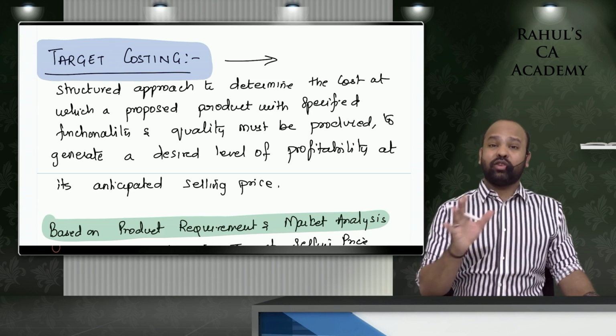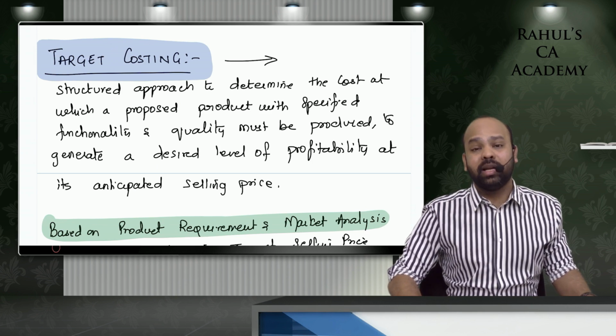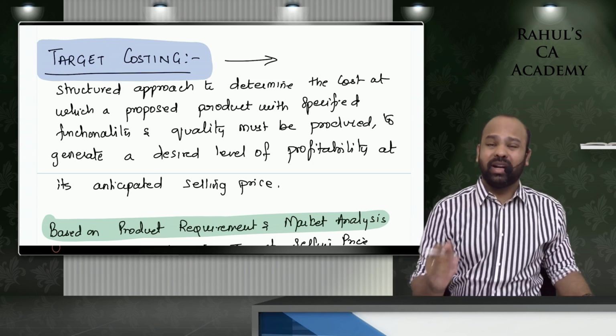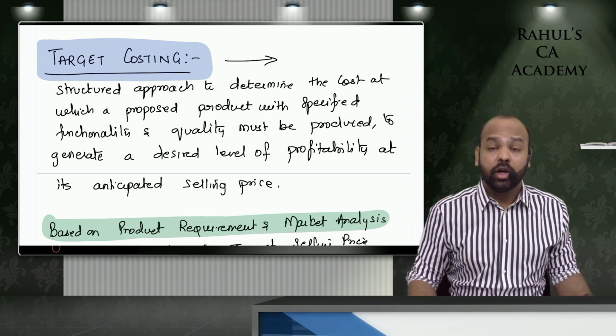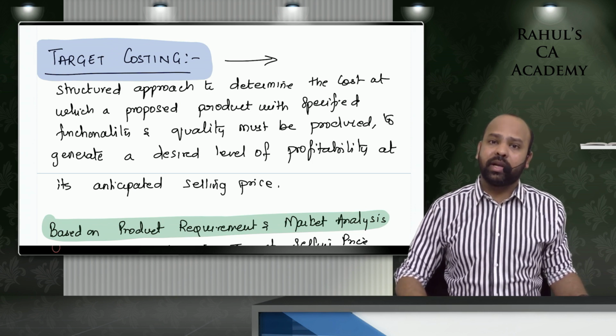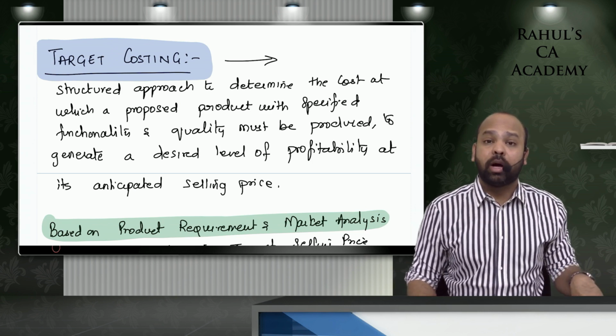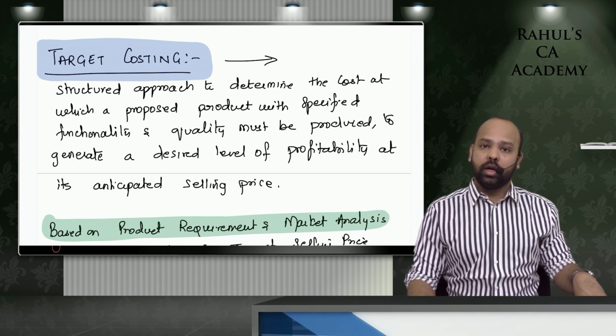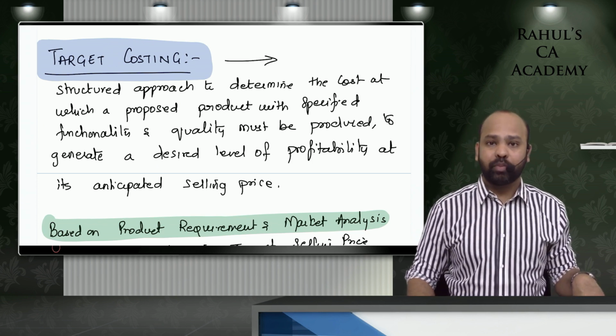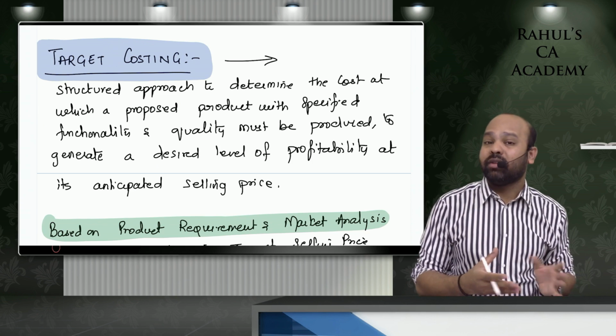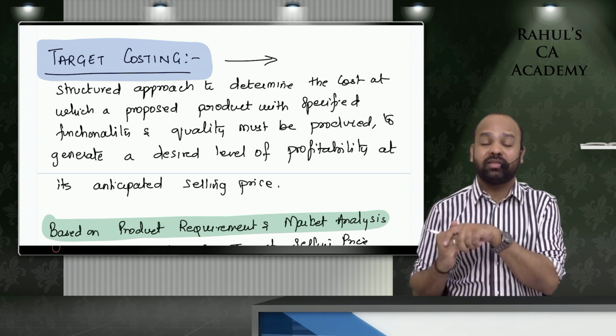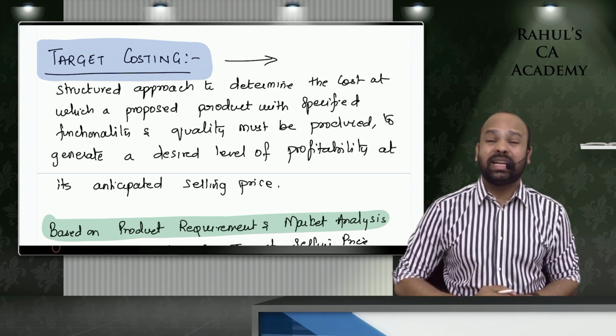So target costing involves determining the target selling price of the product. Once you determine the target selling price, you will have to determine the amount of profit that you are supposed to make in order to survive in the long run. What profit would be sufficient to recover a return on all of your investment for the risk that you have taken. That is determining target profit.